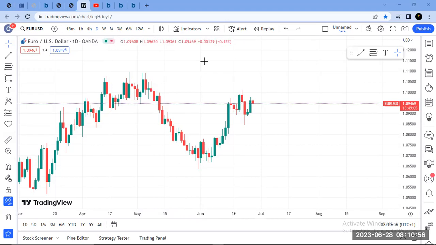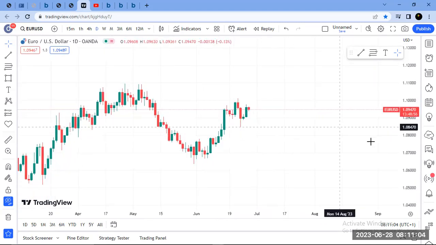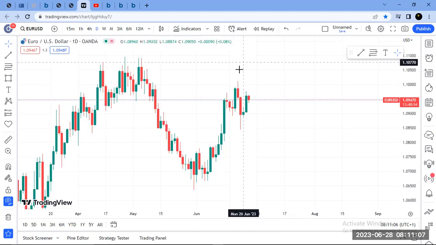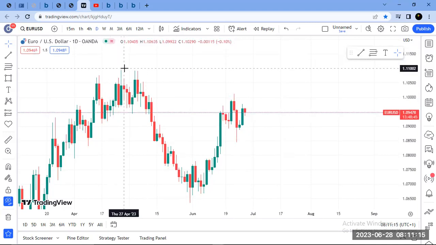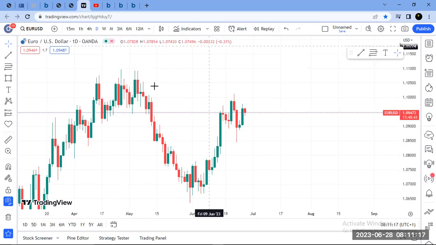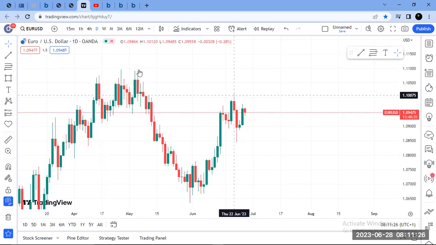I'm hearing one of the participants here saying that he traded Euro USD this week. Okay, so currently now we have this on the chart. This is our current validation. If price breaks this high, we know that it's going for this one next. I don't want to put all my markers here first of all, so I'm just giving you the long-term view in price. If this high gets broken, we go for this.